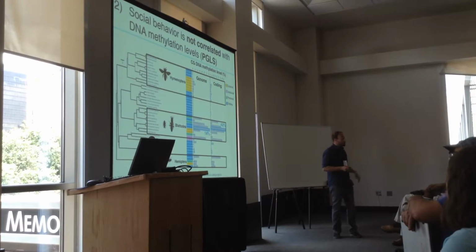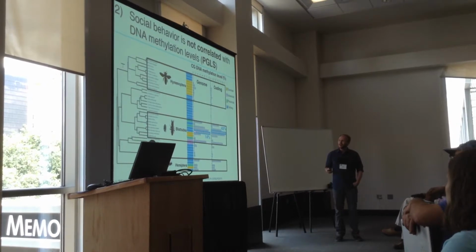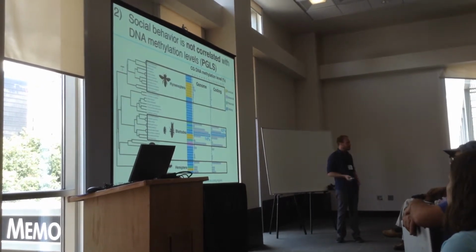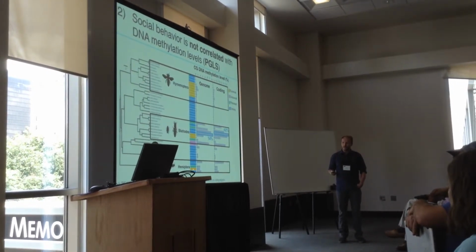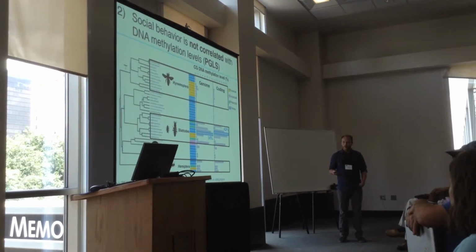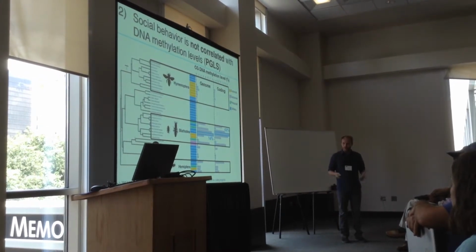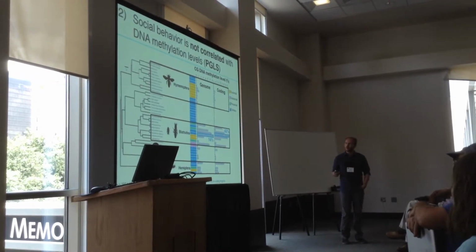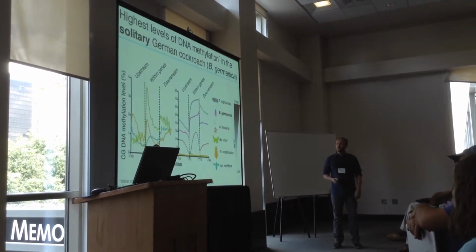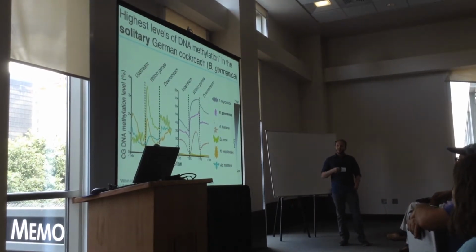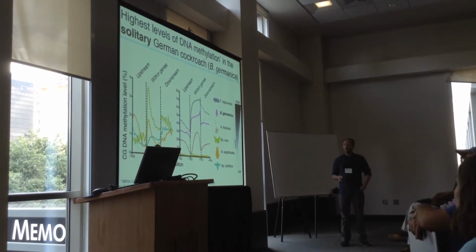And there are other little things you can do apart from this. For example, these 2 eusocial termites have very different levels of DNA methylation despite being eusocial. And down here we have these 3 different aphid species that have very different social behaviors but pretty similar levels of DNA methylation. We pursued some of these interesting observations a little further. The one that we jumped on right away was this outlier, because outliers are always cool to look at. So we performed some deep whole genome bisulfite sequencing, and guess who was the highest? This solitary German cockroach species that I showed you before, this distribution of CpG O/E.